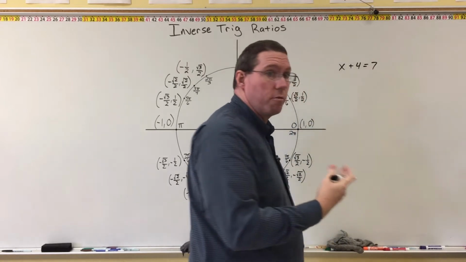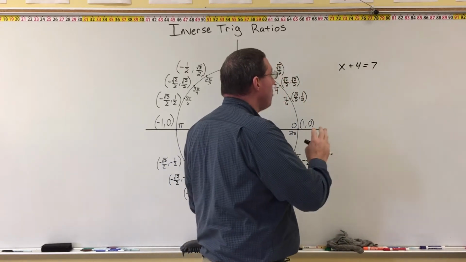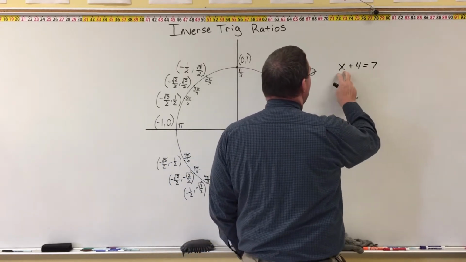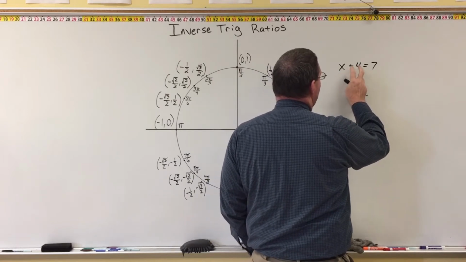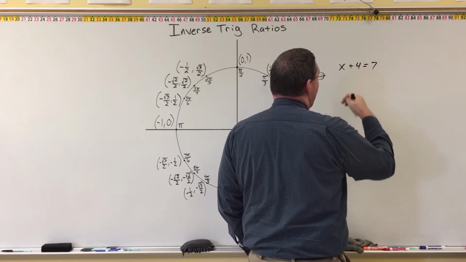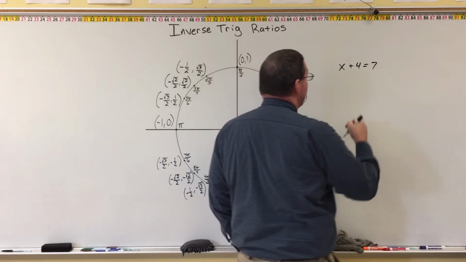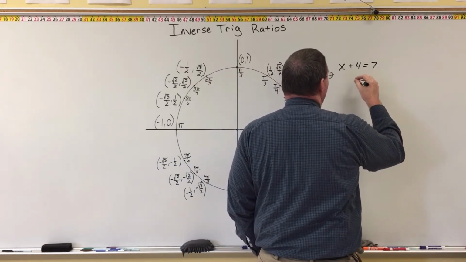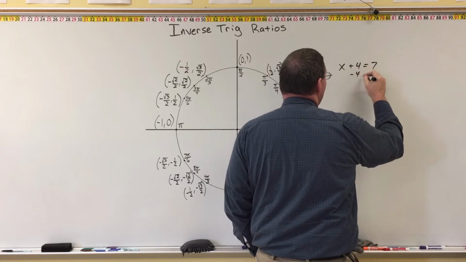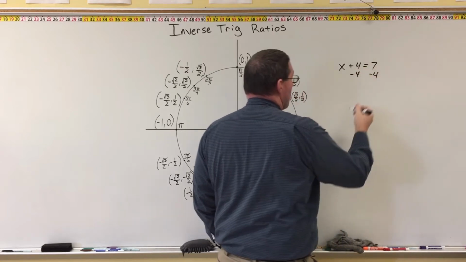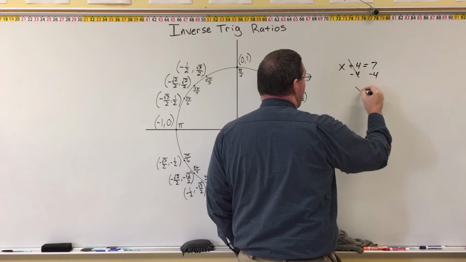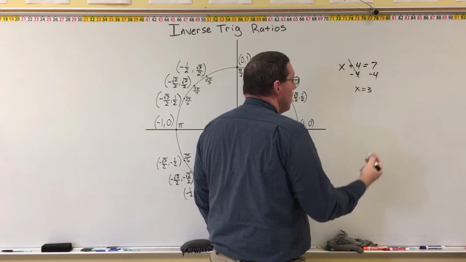Now we know that the answer to x is 3 here, but how did we solve it? Well, the way that we get the x by itself, the way that we cancel this plus 4, is by applying an inverse. We apply the additive inverse to positive 4, which is negative 4, and when we apply the additive inverse to both sides, it cancels and we get x is equal to 3. Similarly,